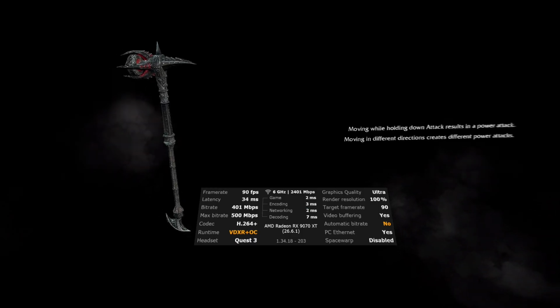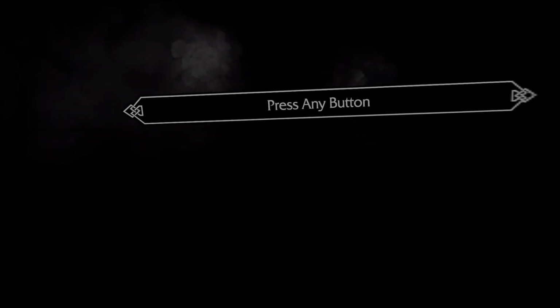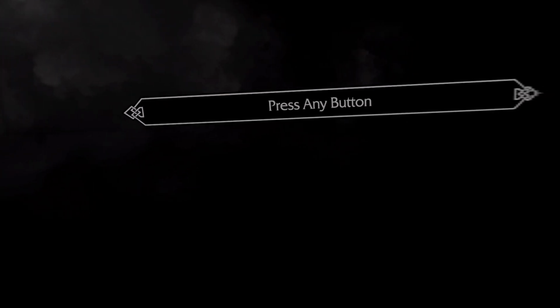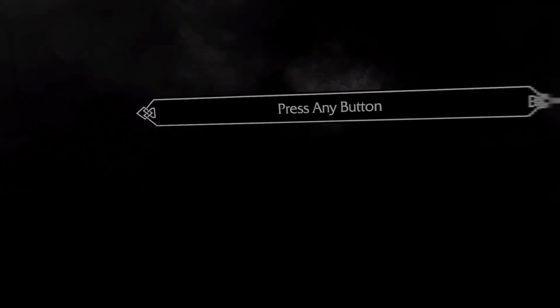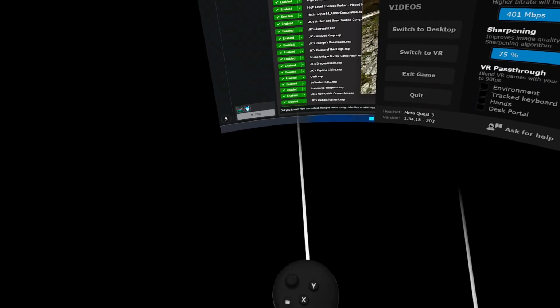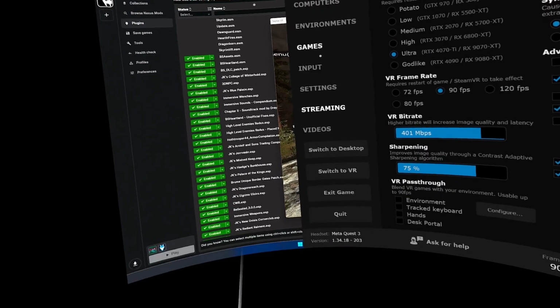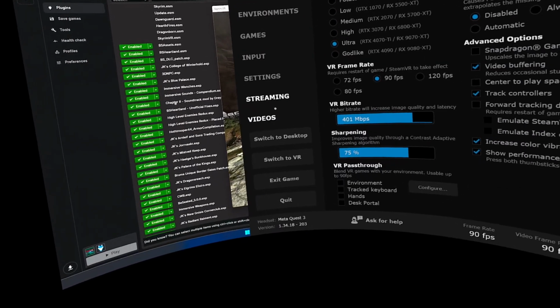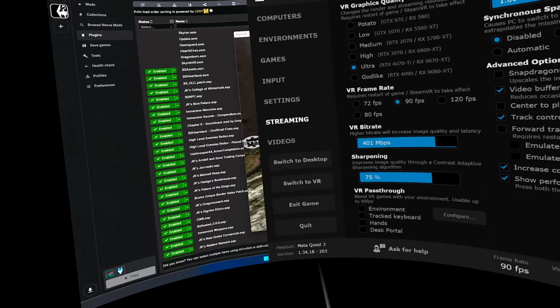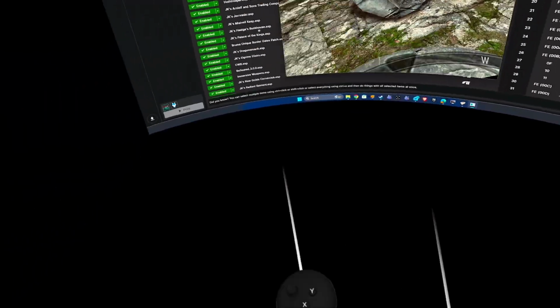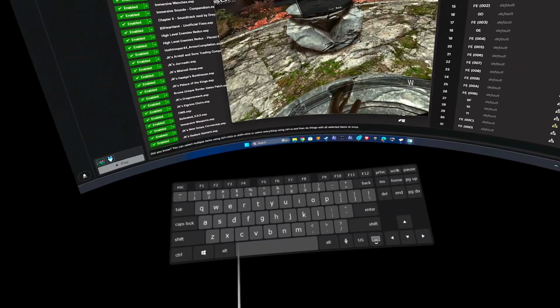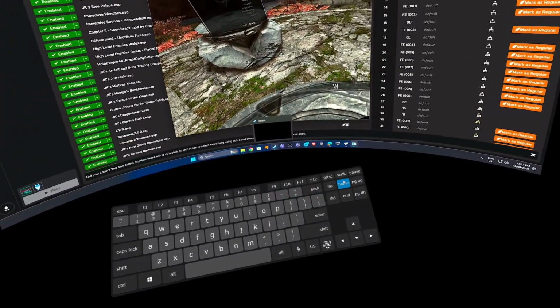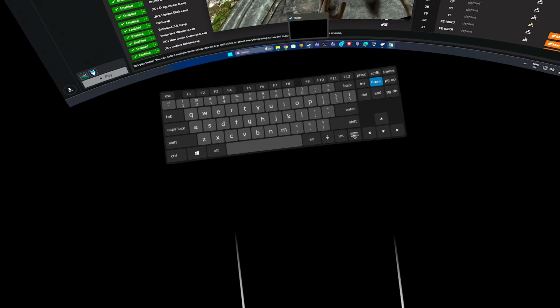I've got it automatically set to show the statistics. Yours will most likely not. Now, one thing you can do once you're in VR is if you hold down the left button on your controller, the left options button, it'll actually take you out to the desktop. Once you're in here, if you hit the X and get your virtual keyboard, which is here,